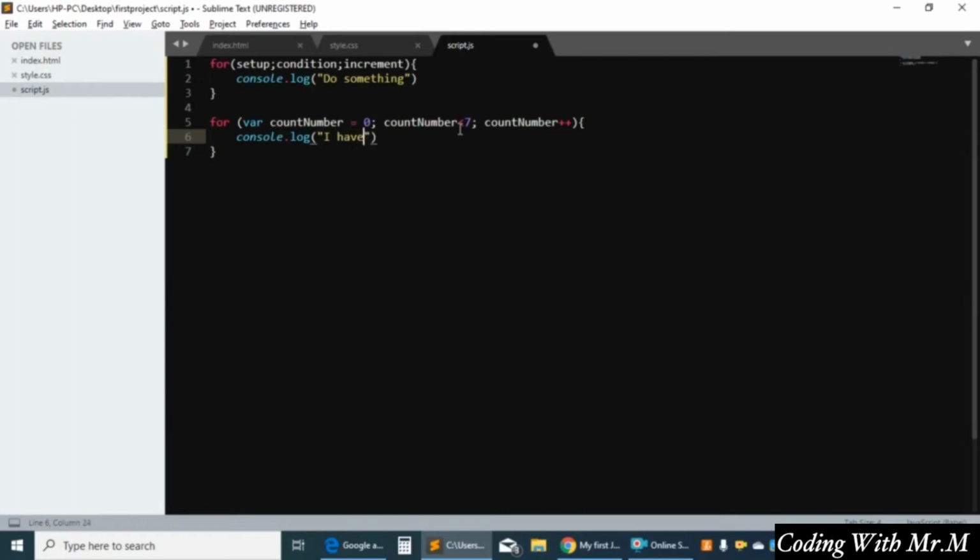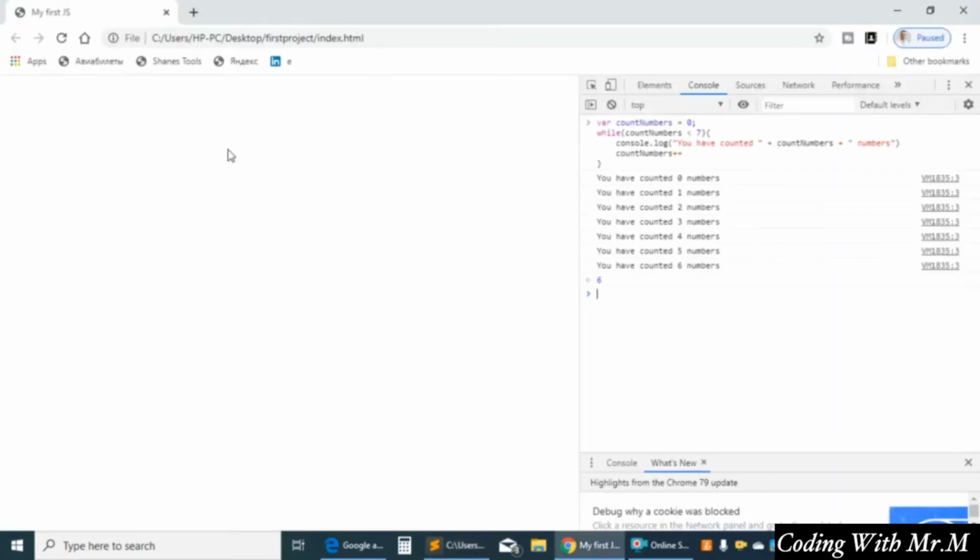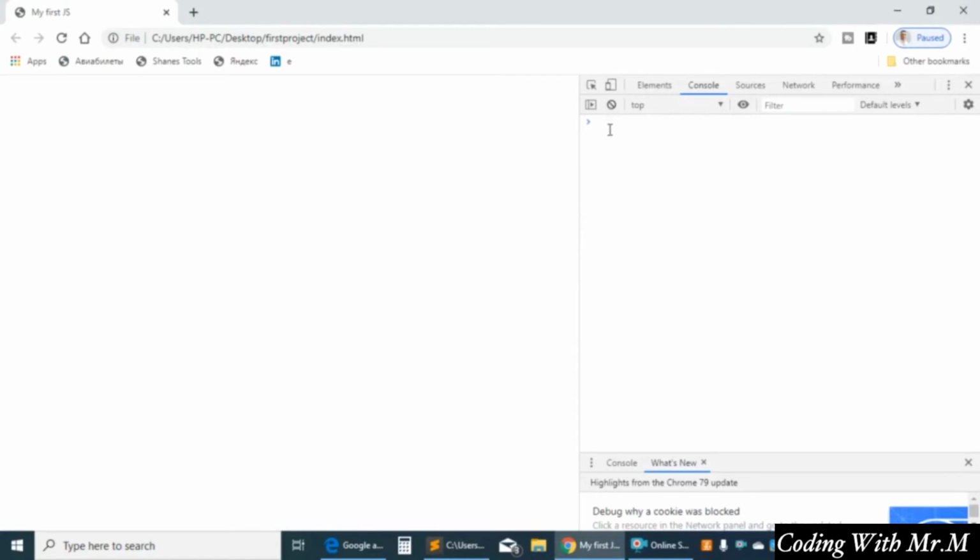I have counted plus countNumber and plus number. Okay, so take this one, that's a for loop, but this is a little bit different from a while loop, and